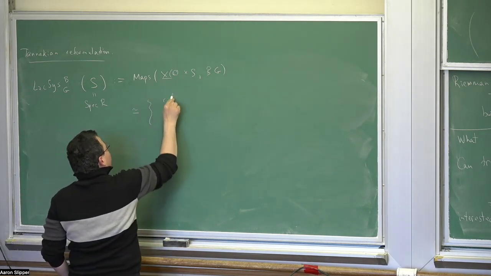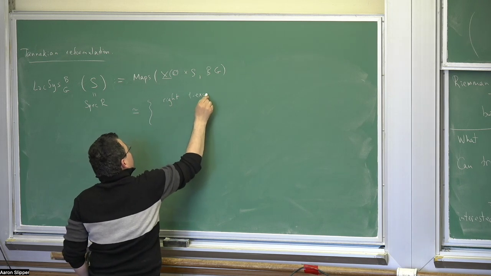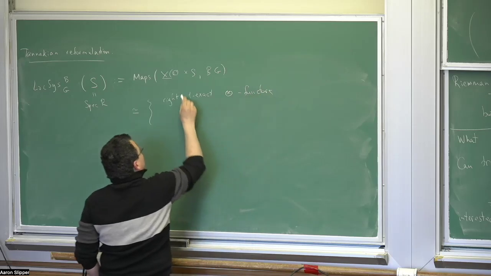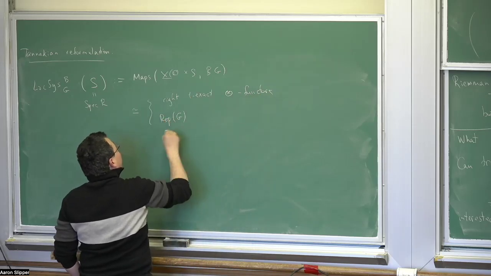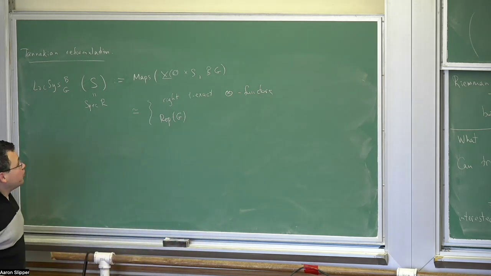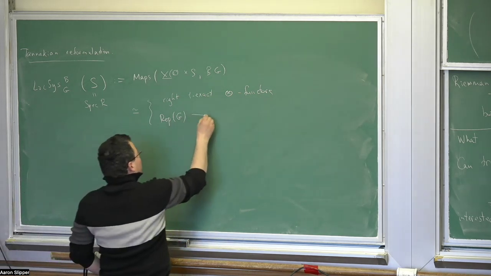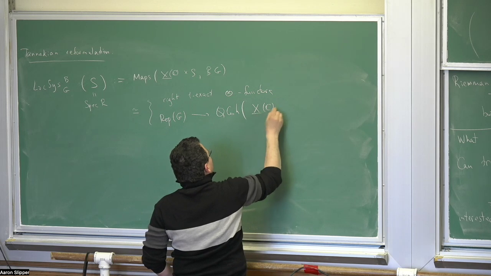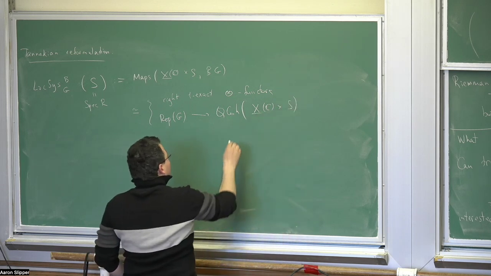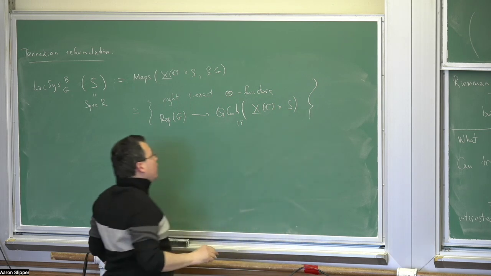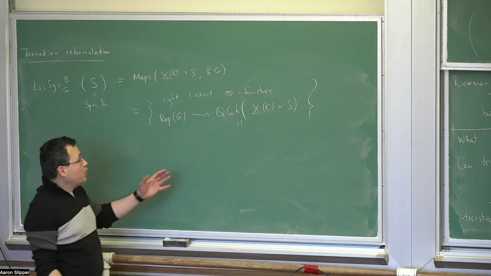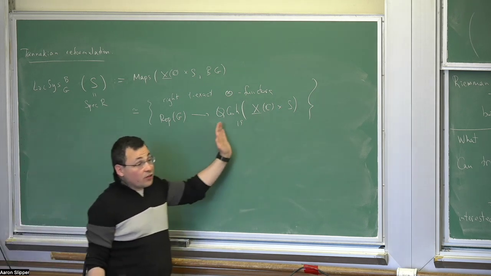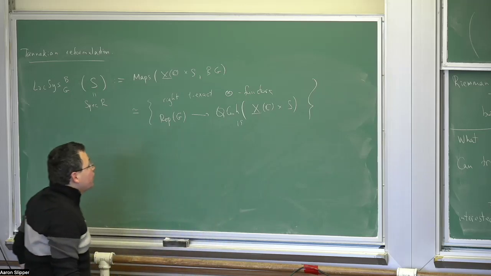This is the same as right t-exact functors from representations of G. But I notice that that's quasi-coherent sheaves on BG. So, two quasi-coherent sheaves on this guy. Now, quasi-coherent sheaves on anything times an affine scheme is the tensor product of quasi-coherent sheaves on that thing, tensor quasi-coherent sheaves on that affine scheme.